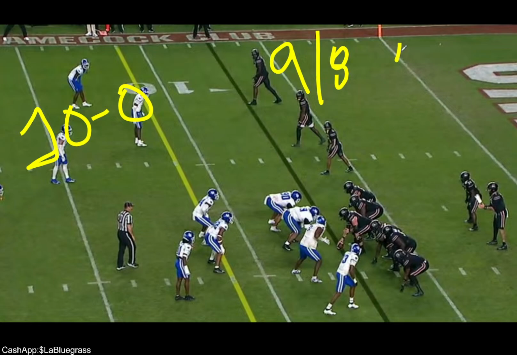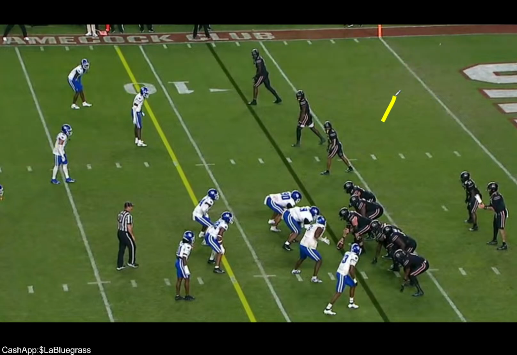I think there was 3 or maybe 4 3-and-outs. There was 1 4-and-out. So that's 5 of the 8. We gave up 1 drive. The defense gave up 1 drive.